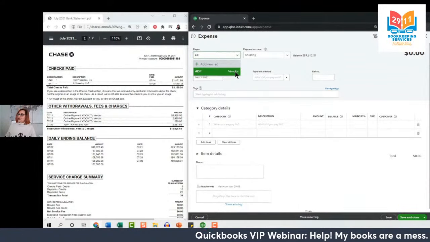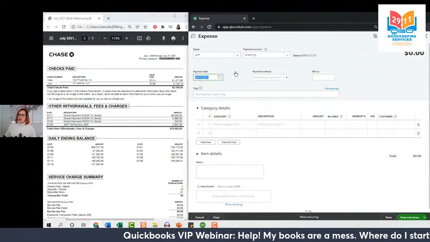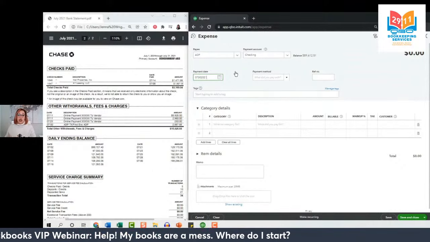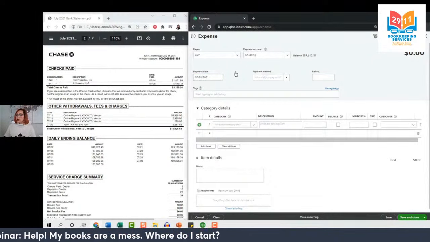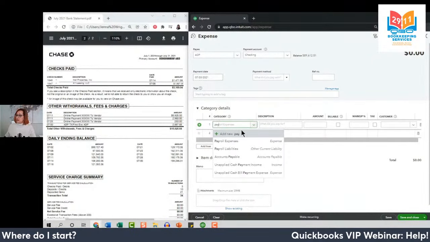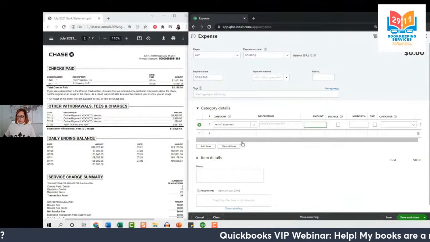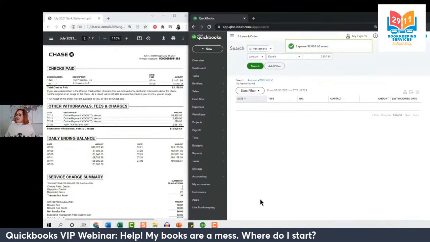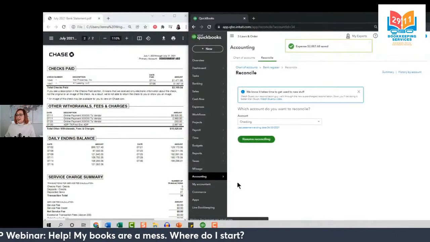This is to ADP from our checking account, and the date here is 7/30 of 2021. Again, we're just copying what's happening in the real world. The category I use for ADP is always payroll expenses, and the amount is $2,887.68.